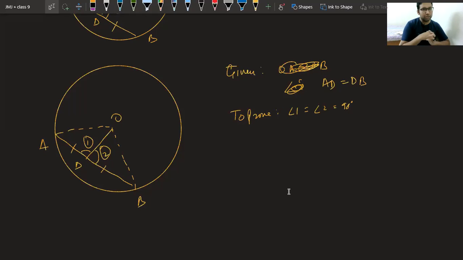Without that, you will need a scale or something to prove it by observation. If you want to prove theoretically using earlier concepts, you have to go for the construction. Okay, Ayush?